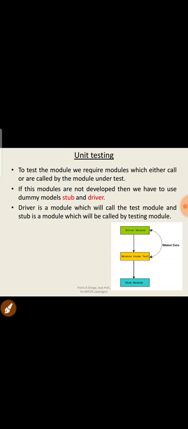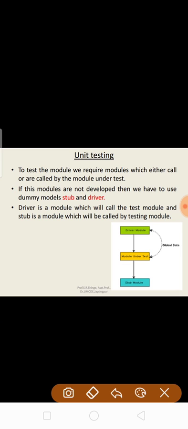For example, see this diagram. This is our module under test, which is shown in yellow color. This yellow module is tested by the tester.